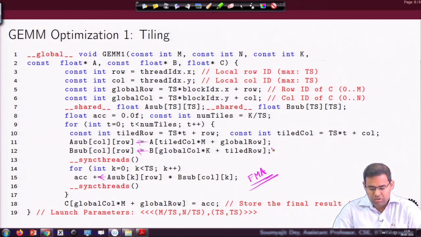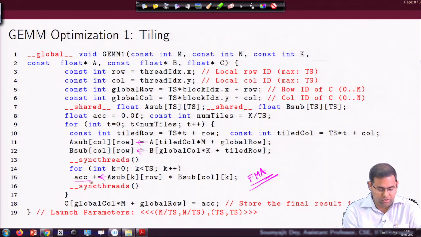Now, these global loads are going to take their own time, right. Again, as we know, one of these loads will be coalesced and the other will not be, because one of them will be row wise and the other will be column wise. So, try and figure out which one is which, right. But here, as you can see, this is from the shared memory to the fused multiply and accumulate unit, with the output going to a register of type ACC. I mean the variable name for the register is ACC here, right.